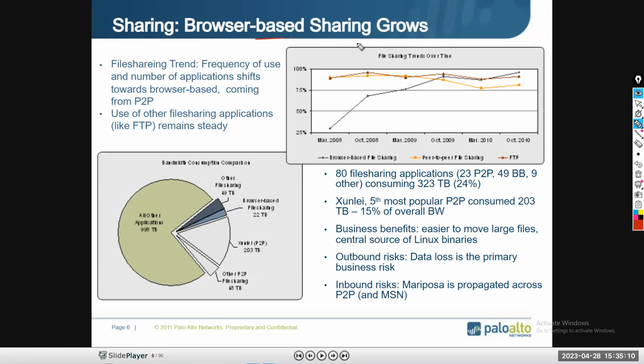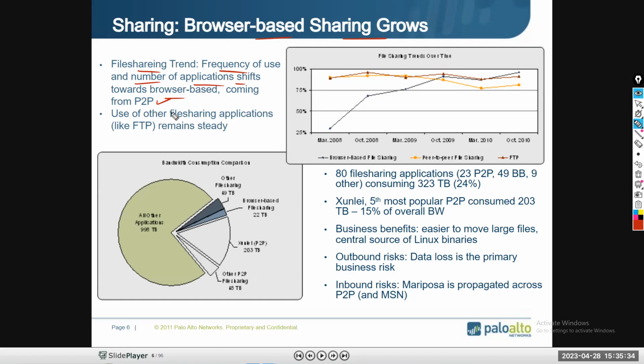Browser-based sharing has become more popular because everything we are accessing is based on the browser. File sharing trends show frequent use of a number of applications in the browser, moving toward browser-based, commonly from point to point. P2P means point to point, guys.